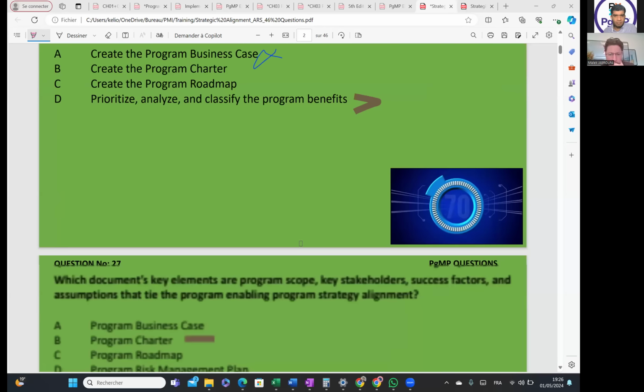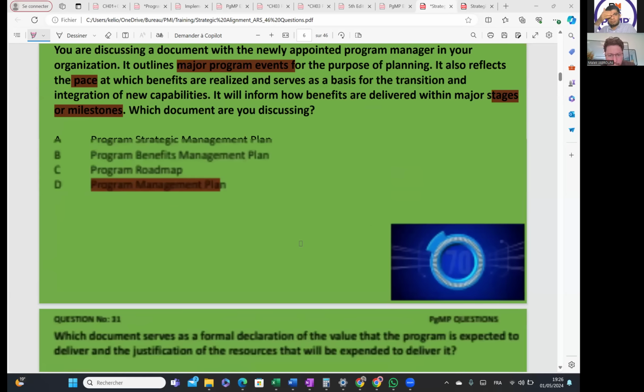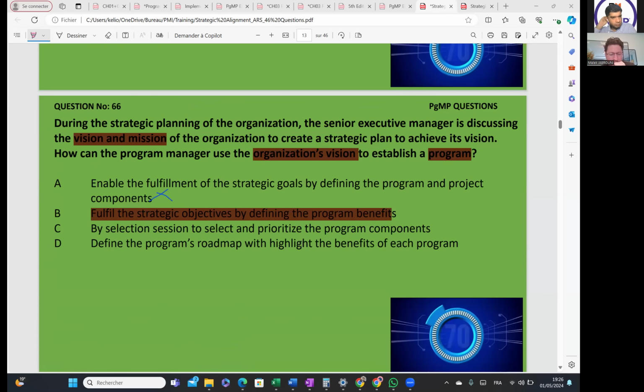So after that, the next one was this one, but this one I'm okay with the answer. During the strategic planning of the organization, senior executive management is discussing the vision and mission of the organization to create a strategic plan to achieve its vision. How can the program manager use the organization vision to establish a program? So I was hesitating between A and B,